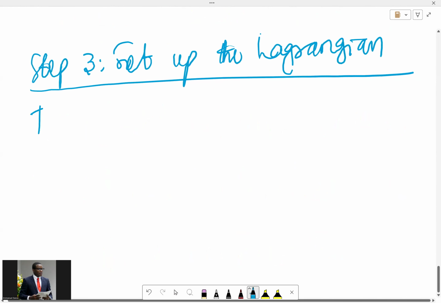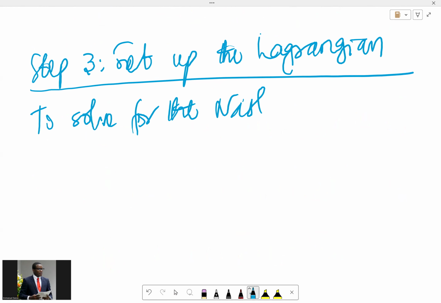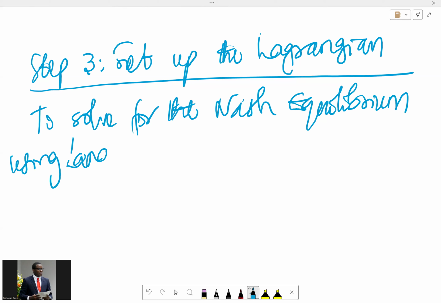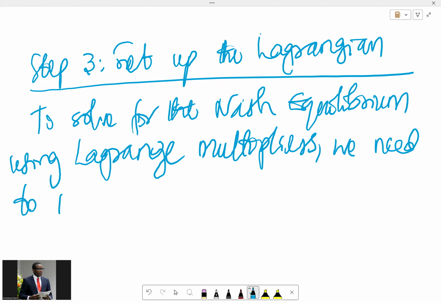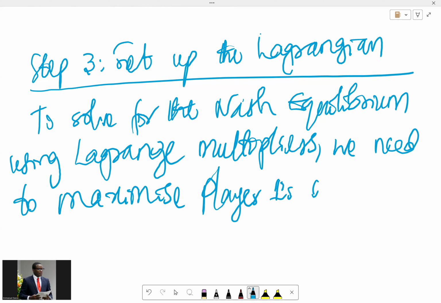So to solve for the Nash equilibrium using Lagrange multipliers, we need to maximize player 1's expected payoff,